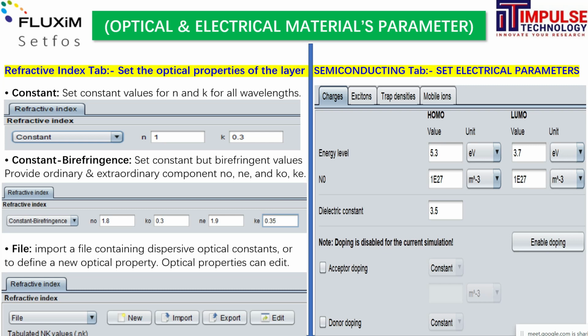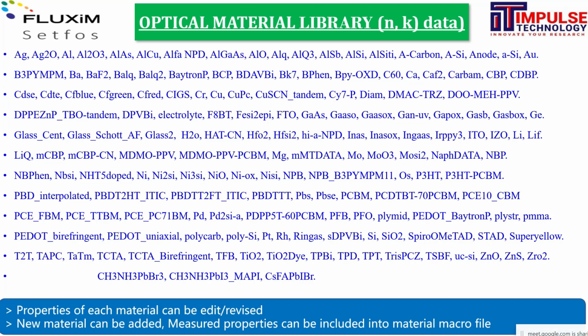So we have a complete database of optical materials and electrical materials. As you can see on the screen, a few of them I am showing here, the optical materials which are already present in our software database, where you only need to import them in the user interface. Whether you would like to work with any electrode materials, semiconducting materials, electron transport layer, hole transport layer, substrate layer, coherent, incoherent, wafers, or whatever layers you would like to use, you can see the sequence accordingly.